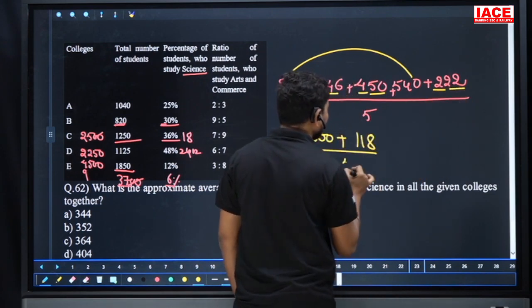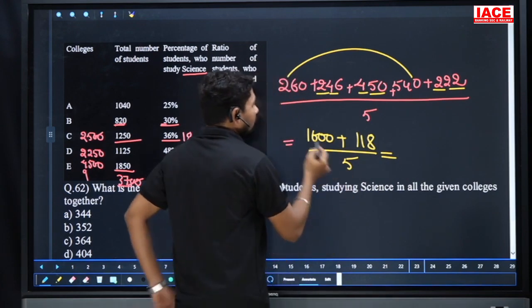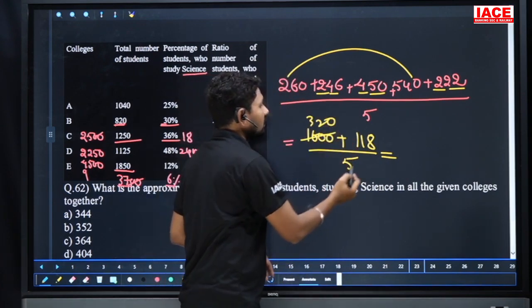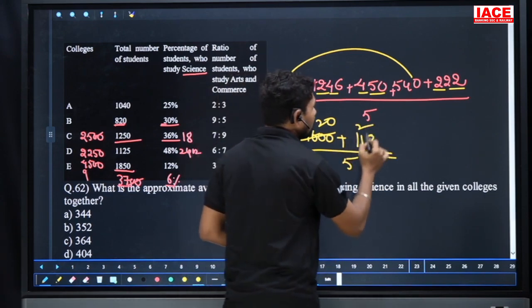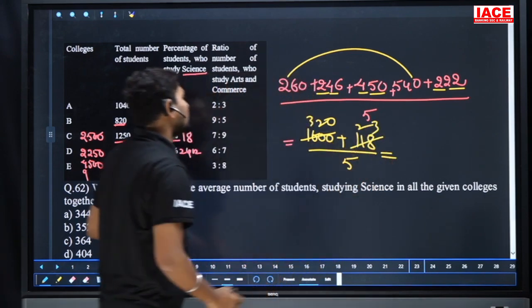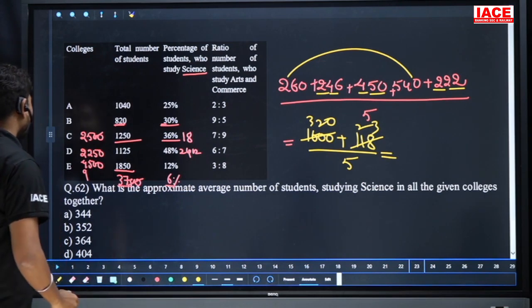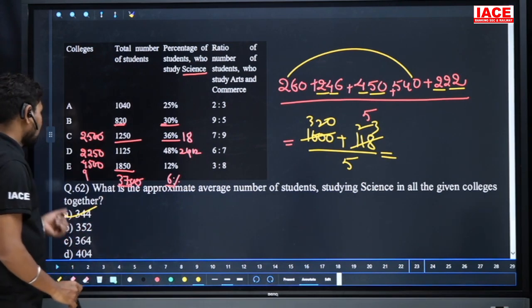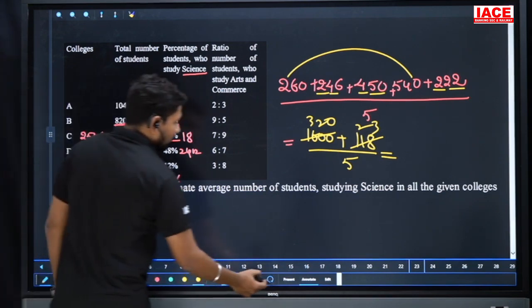We are dividing with 5 now. Divide it here. 5 how many times? 5 3s are 15. Remaining is here. Till now we are getting 320. And 5 here is also dividing. 5 2s are 10, 5 3s are 15. And 320 plus 23, which is equal to 343. 343 means approximately what is the value? 344 here. Approximately option A. And move to the next question.